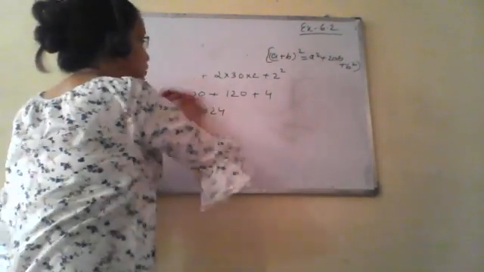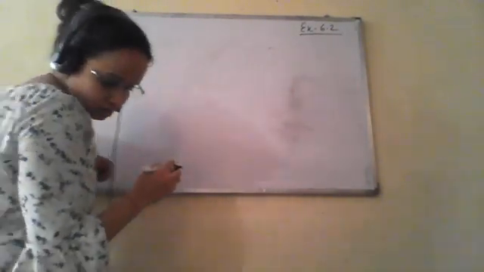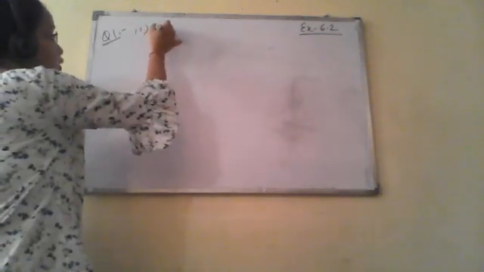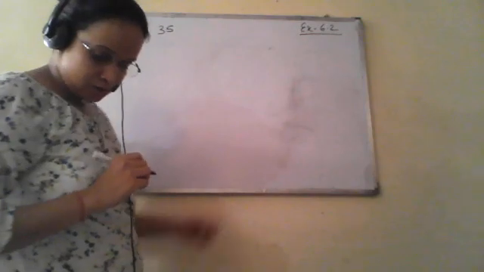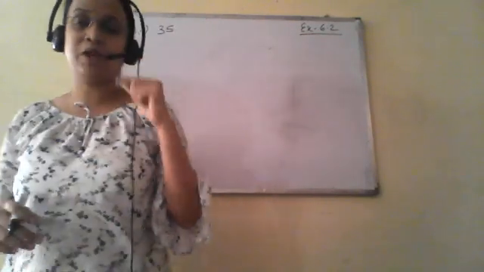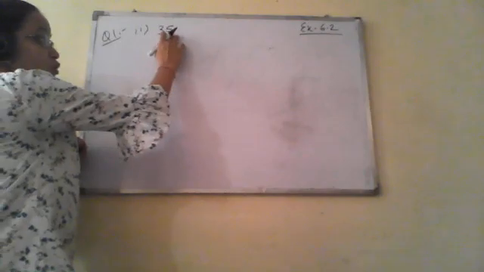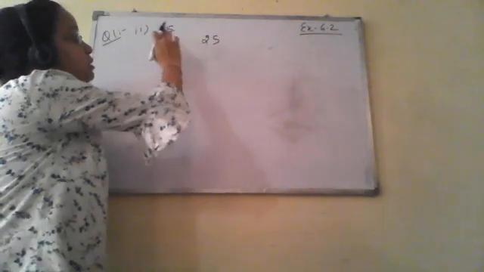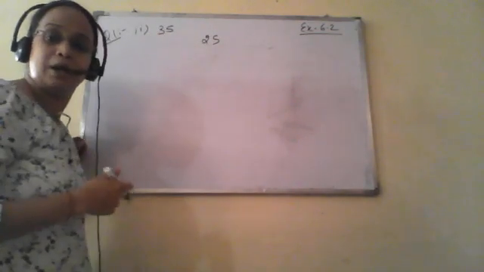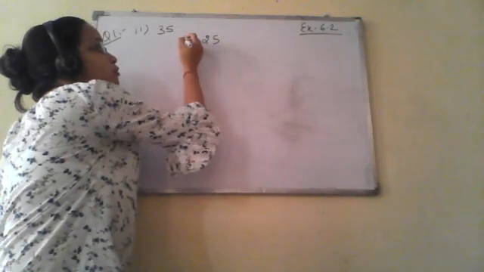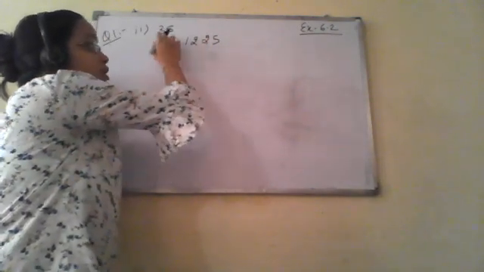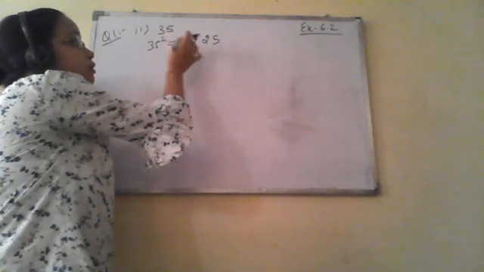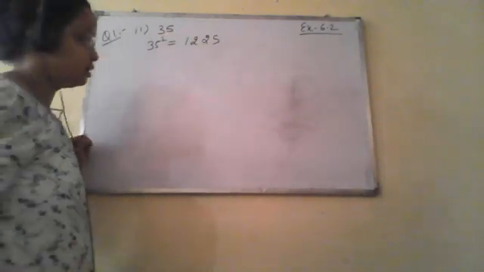Now the second part. This is 35. I have explained that this number is ending with 5, so we can find the square directly. What we have to do is write 25 first. And before this 25, the number will be like 3. We have to multiply 3 by its next number, that is 3 into 4, which is 12. So the square of 35 is 1225. This way we have to calculate.